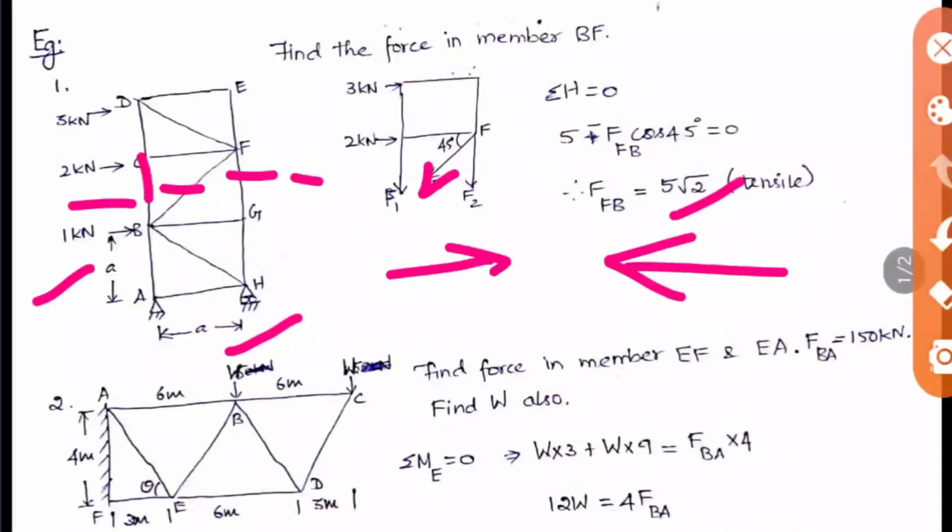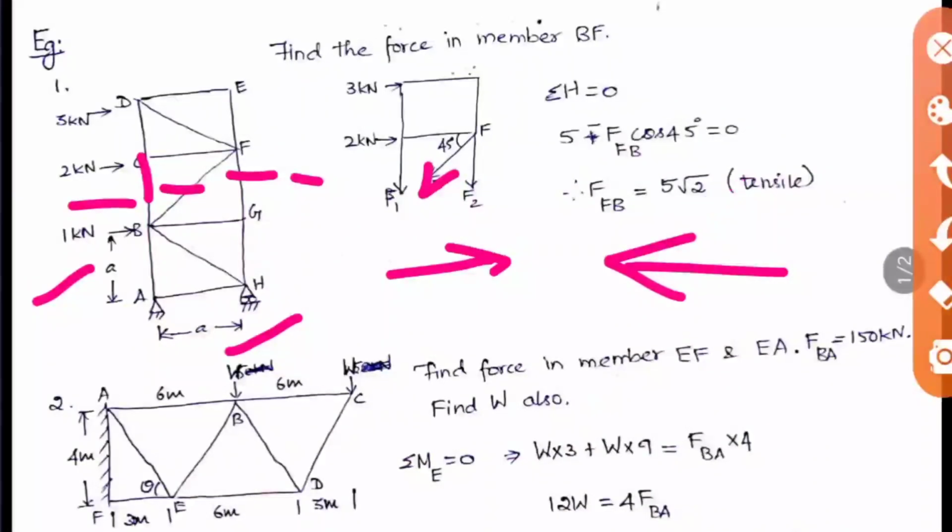Okay, so when you get this force, you have to see from the joint. We have taken FB only, because from FB only the force is coming down. So when the force is acting away from the joint, it is called a tensile force. If this is a joint, we have already seen this, if it is acting like this it is tensile, if it is acting like this it is compression. So here it is a tensile force, so we can write it as tensile, because in the question this answer will be specifically given, 5 root 2 tensile, and 5 root 2 compression will also be in the options. So you have to be very careful with this also.